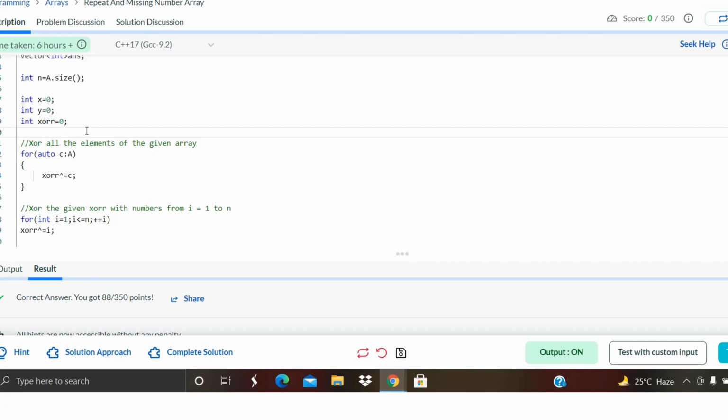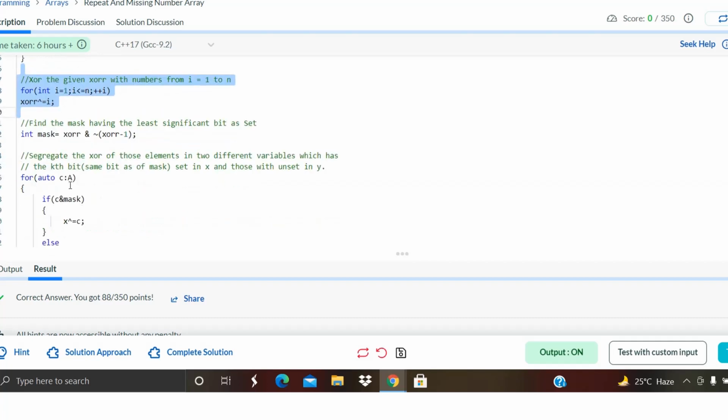XOR contains the bitwise XOR of all elements of the array and the elements from 1 to n, and this mask is used to segregate the first set bit from the right side. So this mask contains all the bits unset except the first set bit from the right